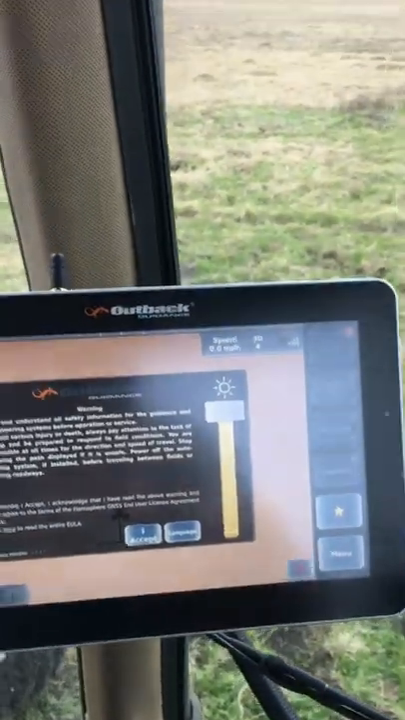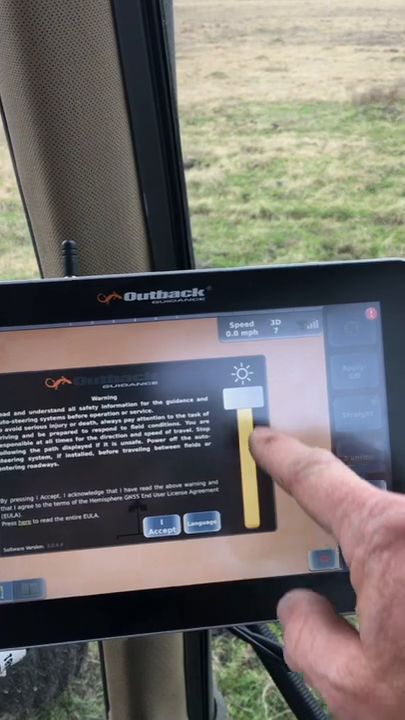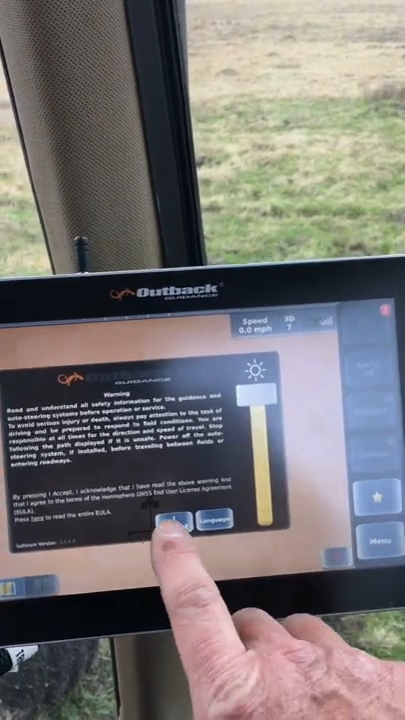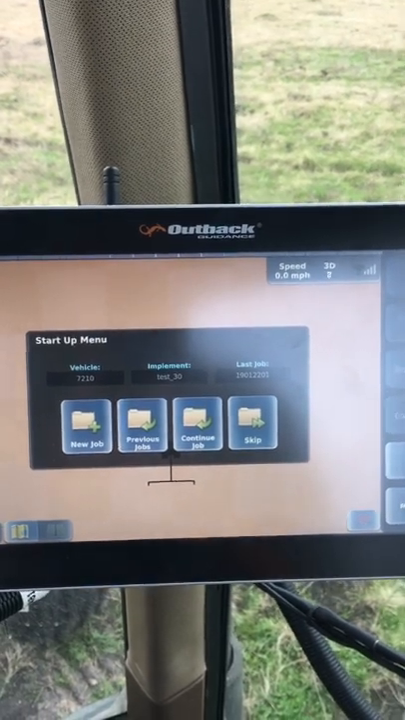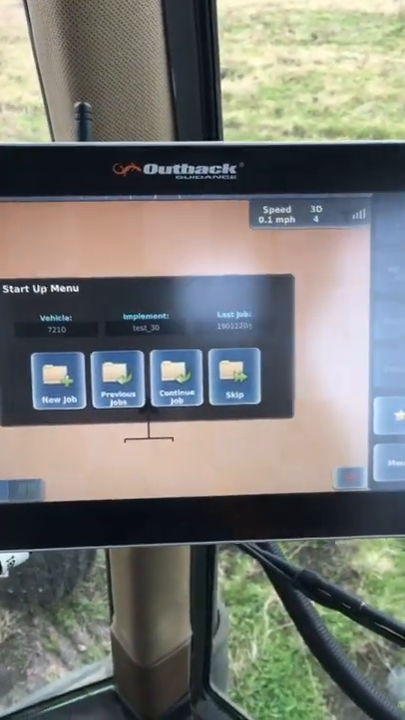Just a disclaimer, this is your screen brightness. You can adjust it at the start. Hit I accept and it moves on. If you want to start a new job or continue an old job, you just choose that here. I'm going to click new job,